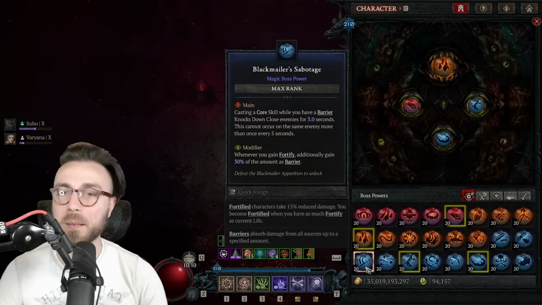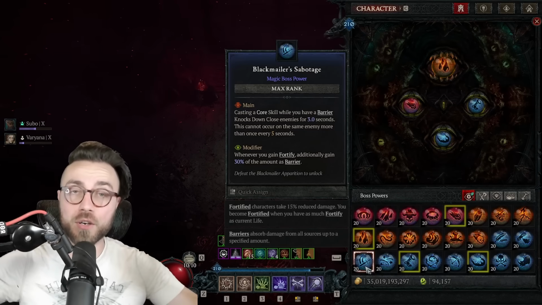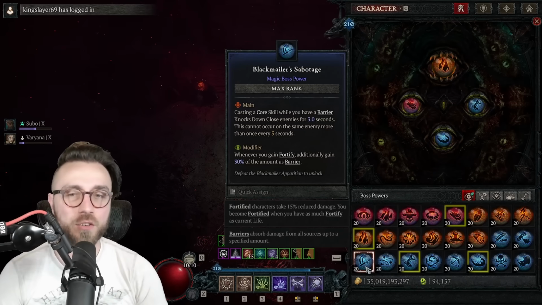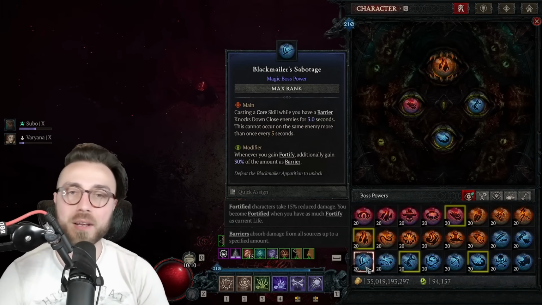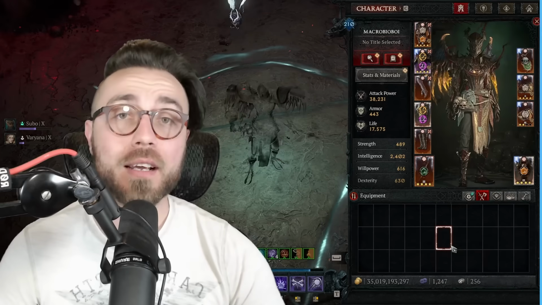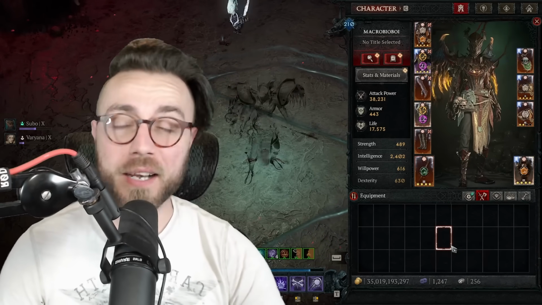You could be using something like Blackmailer's Sabotage, especially if you swap over the build to using Air of Perdition on your helmet. You can't really fit in Shielding Storm. Blackmailer's Sabotage allows you to generate a huge amount of barrier for generating Fortify, and we generate Fortify all the time. Now, considering the fact that this build could realistically reach about pit tier 90 on like super endgame gear,